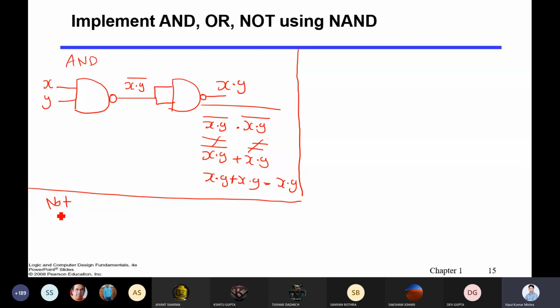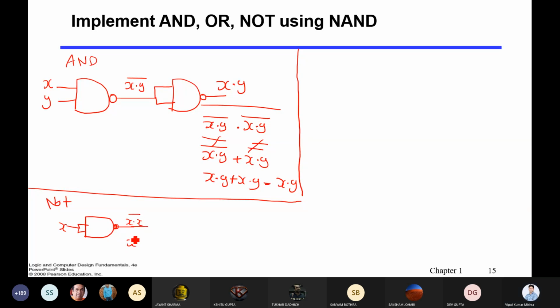Now, suppose I want to implement a NOT gate. Because NOT has a single input, you will pass only X to both inputs. So what you will get is X dot X, the whole bar.